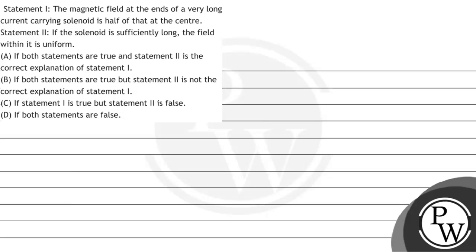हेलो बच्चों, लेट्स सी द क्वेश्चन। तो क्वेश्चन में दो स्टेटमेंट गिवन हैं। स्टेटमेंट वन कहता है that the magnetic field at the ends of a very long current carrying solenoid is half of that at the center। और स्टेटमेंट टू कह रहा है कि if the solenoid is sufficiently long the field within it is uniform। राइट।